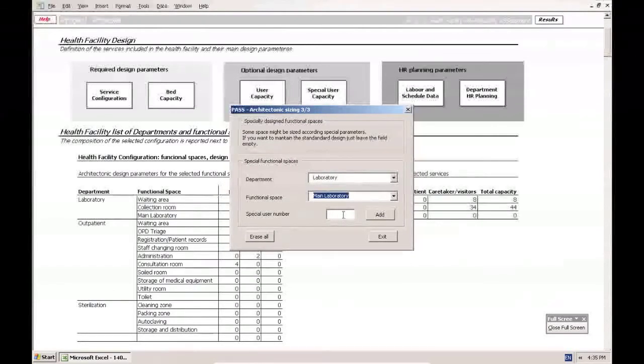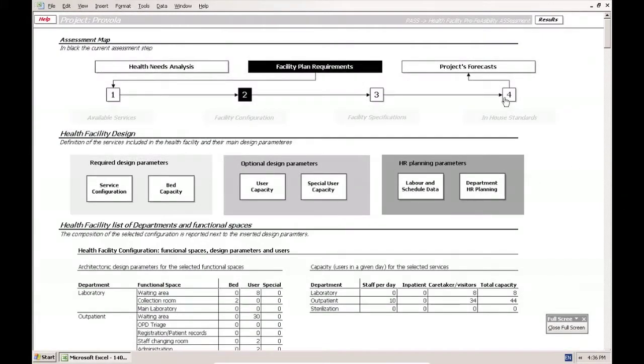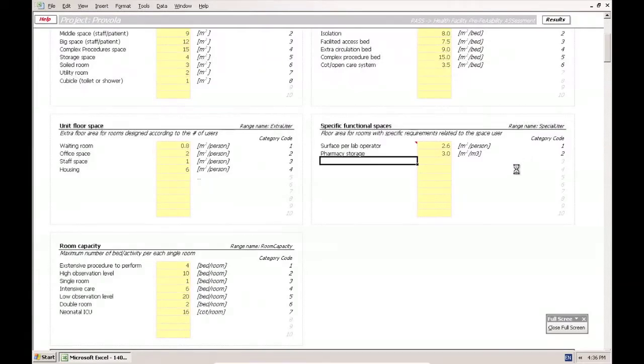So what is the special user number that I'm asked here? If you don't know, what you can do is basically, well, you can exit here. Okay, you go to the fourth page of this step of PASS,